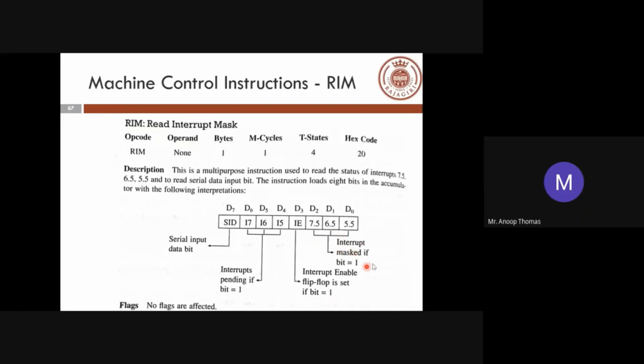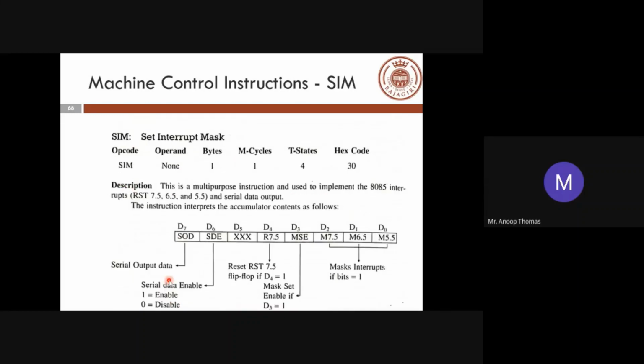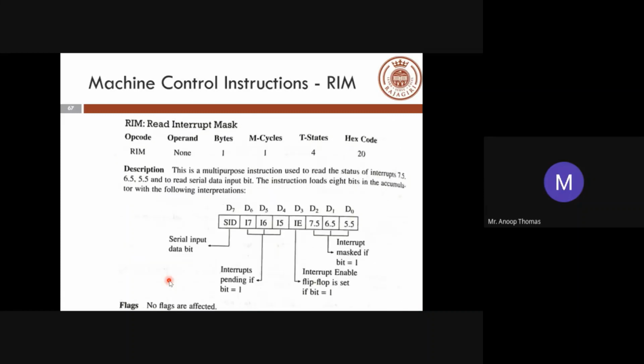Then interrupt masked. So you get information regarding the condition of the interrupts when you do this, and that will be available in your accumulator. No flags are affected. Here also there is no effect on the flags, but this will give you information regarding the condition of the interrupts which are there, along with the serial data as well.